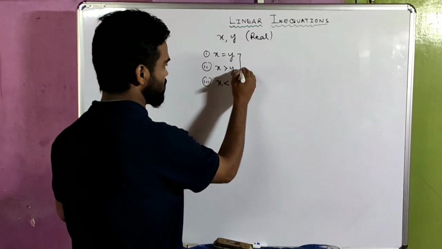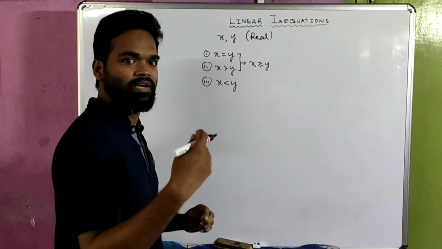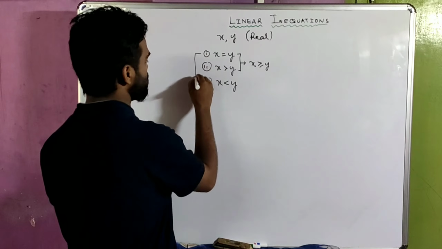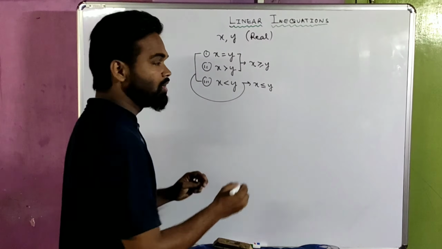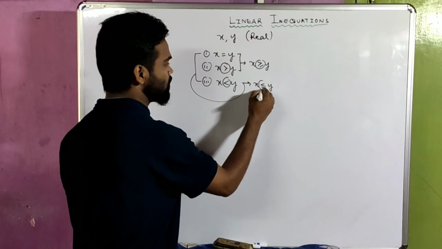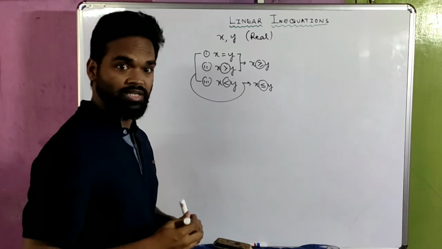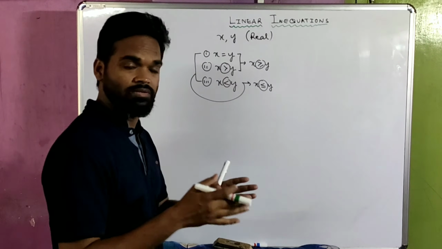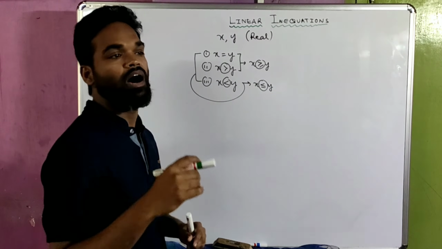Now these two together is written as x greater than or equal to y, which means x is either greater or equal to, and these two together is written as x less than or equal to y. So these signs are known as inequality signs. And a statement which is written with the help of variables and constants using these inequality signs is known